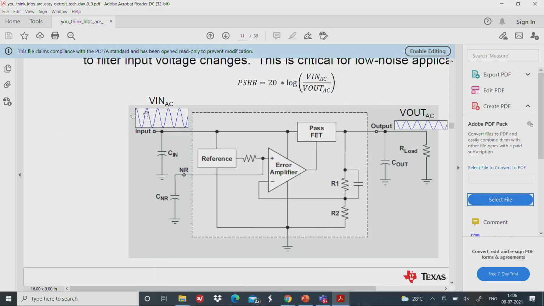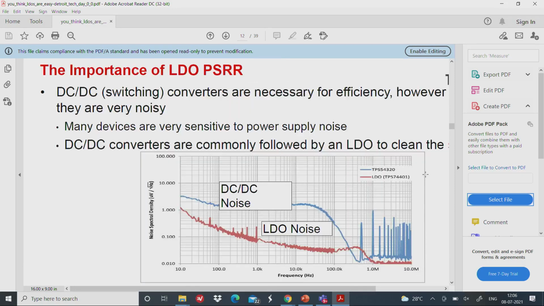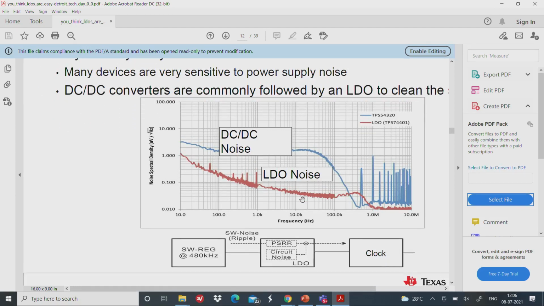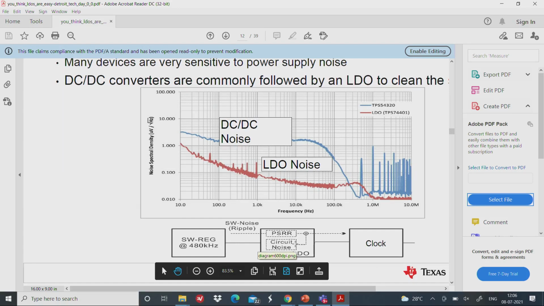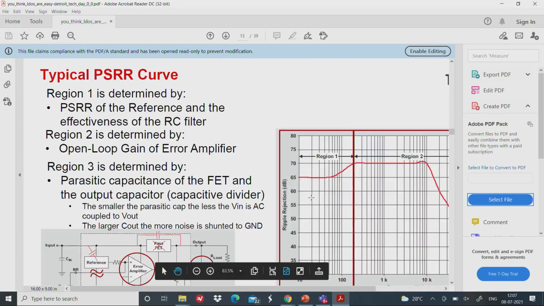So you can say that this is coming from the DC-DC converter, and what you get at the output will be pretty smooth, provided you pass it through the LDO which has a high PSRR. Essentially that is what this is telling you. You can see that the switching regulator is the input, and it connects to an LDO which has quite a high PSRR, and then you get the output. So anytime you want to do some noise filtering, it may be good to pass it through an LDO. It is like noise removal.